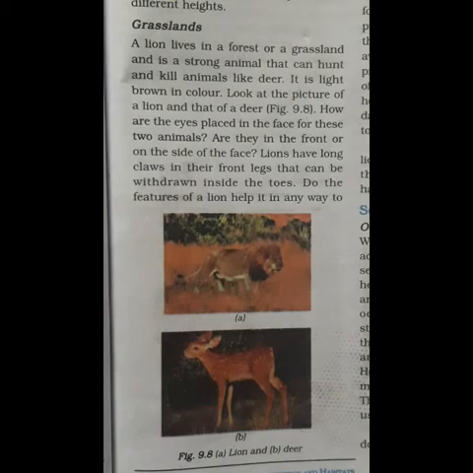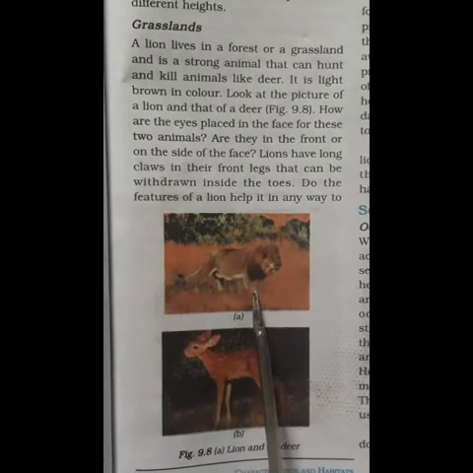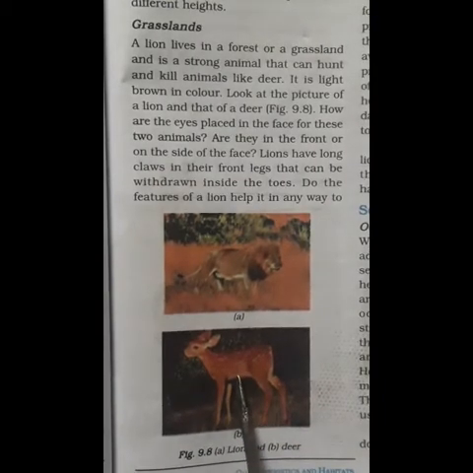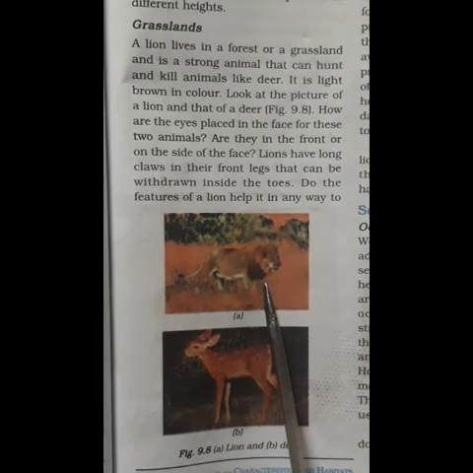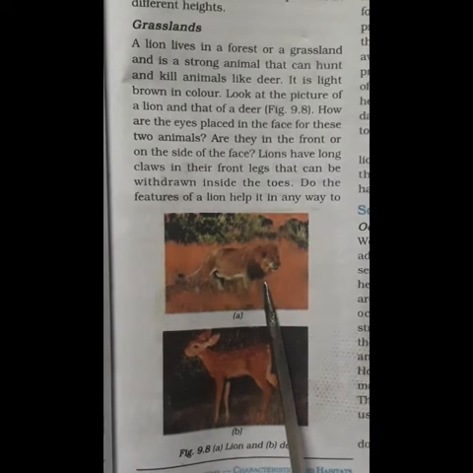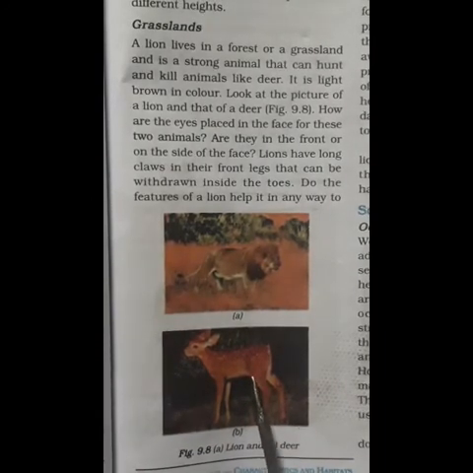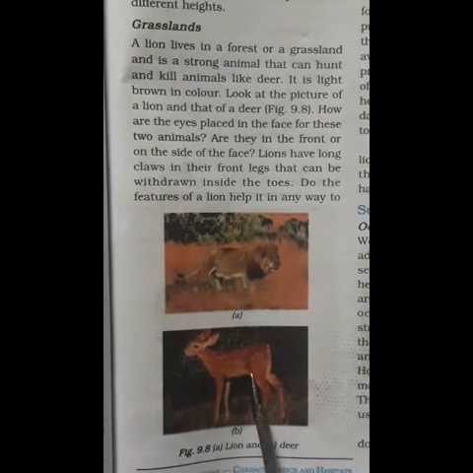In grassland, we can see animals like herbivores and carnivores also. All the carnivorous animals will eat the herbivorous animals. So, for a deer, lion and tiger, the carnivorous animals, become the predators, and for the carnivorous animals, these deer or some other herbivorous animals become the prey. Okay, now we have understood about the predators and prey.